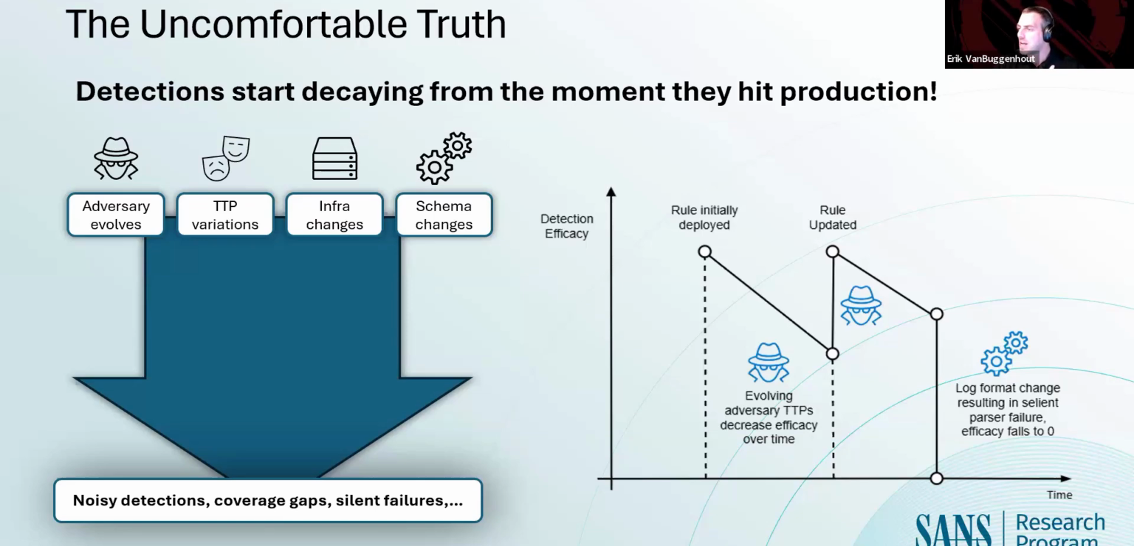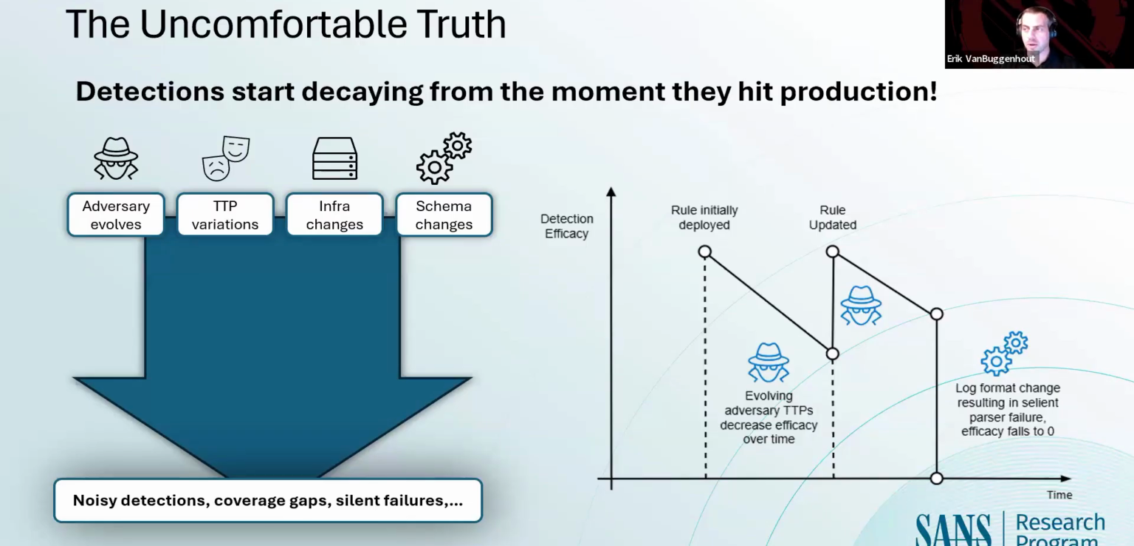The problem, of course, is that it's very easy to evade. There's many variations of doing LSASS credential dumping without even using Mimikatz. So adversaries can very easily evolve the way they do things. So that's one of the reasons why you have decay in your detection rules the moment you deploy them, because the adversaries change around. There's variations of the TTP,